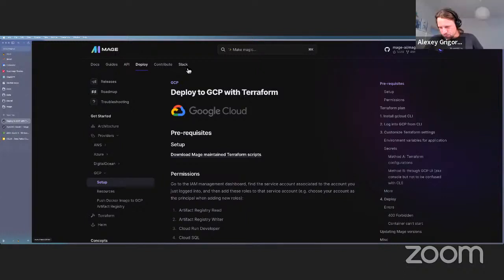Okay. And how much does it cost when you deploy like that? I guess the answer is it depends, right? But on which factors does it depend? Yeah. So Mage is free. Mage is an open source project, so this is all free. The deployment is going to depend on the amount of compute you use and the amount of storage that you use,